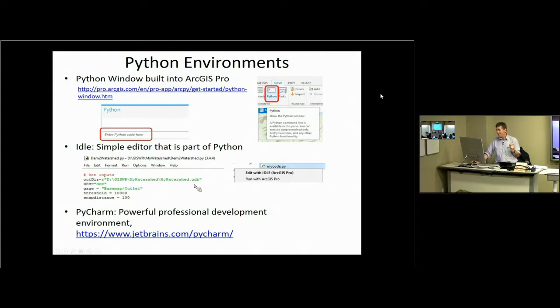So we will use IDLE today, and it lets you edit Python files. Python files typically end with .py. You can also run them directly with ArcGIS Pro. If you're going to get into anything more than casual programming,